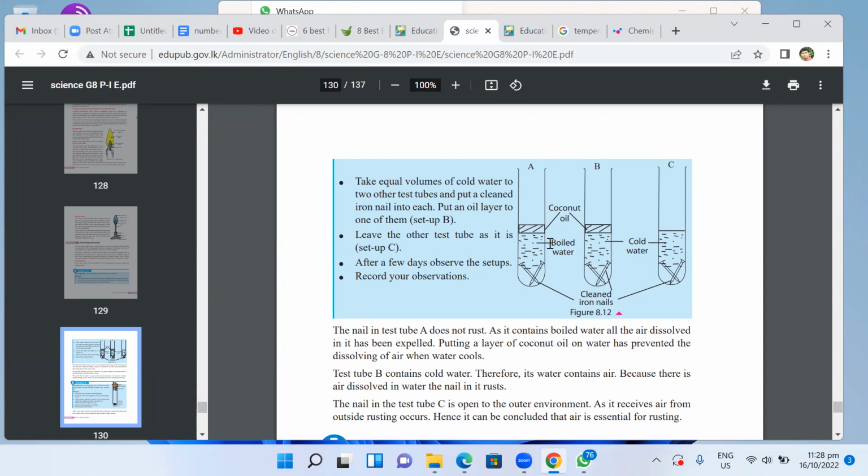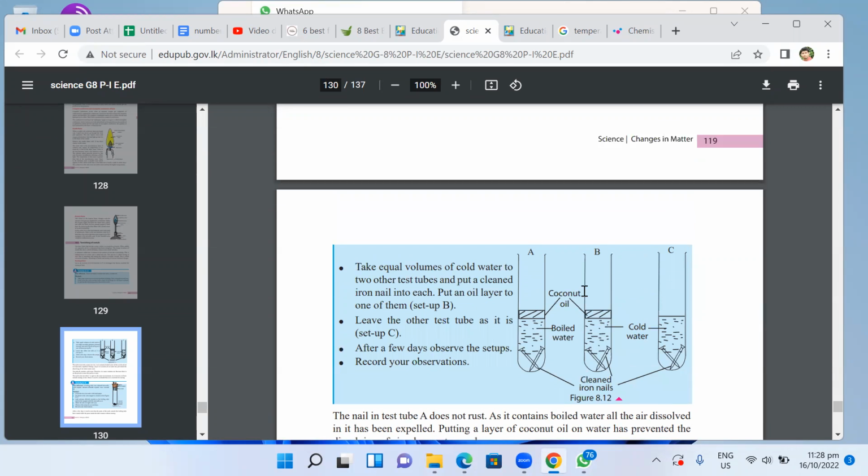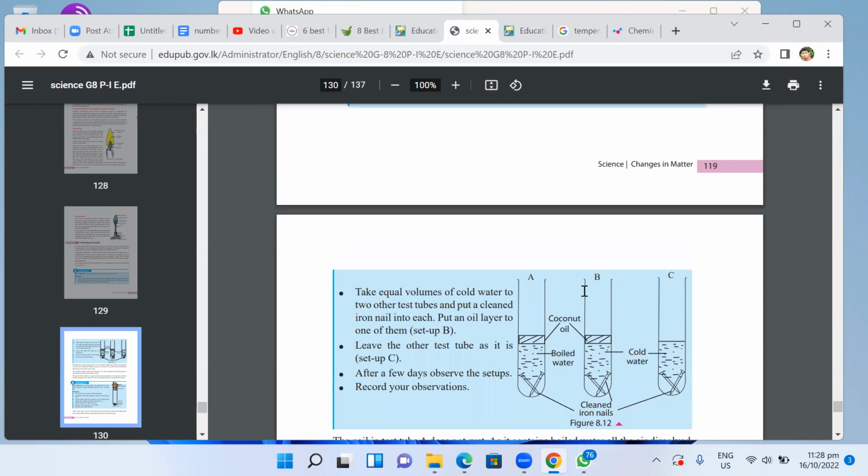That is the reason why we are boiling water, because the gas dissolved in this water will be removed when you boil. But when you keep the cool water, there is an amount of gas in there. So why is there a coconut oil layer? To ensure what? So new gas will not come in. When water is there, there is a higher tendency to